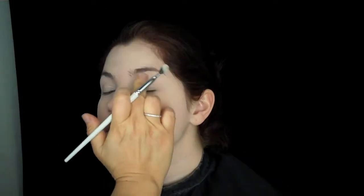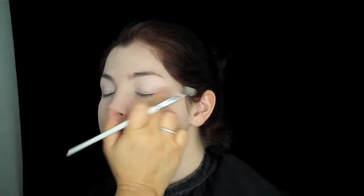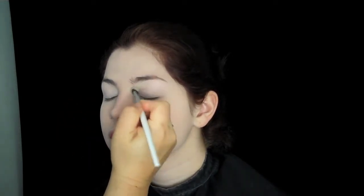And I'm taking my silicone base and just adding a little bit more to the areas that really need more. And that's really why I love silicone base, because it's a great way to avoid having to use a lot of different concealers and things like that, because you can really build and add to it. So now that I'm making sure everything is smoothed out, even, and prepped,